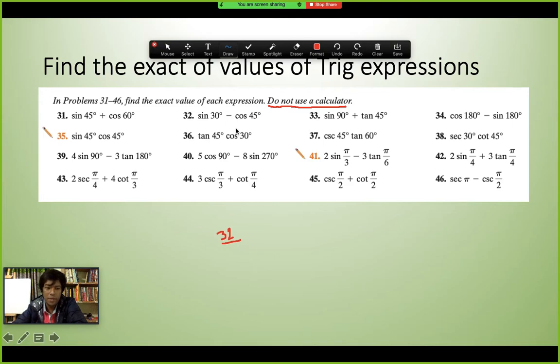Sine 30 degree value, if you know it from our table of standard values of the trigonometric functions, is 1 by 2, and cos 45 degree value is 1 by root 2. So we just put in the values, okay,